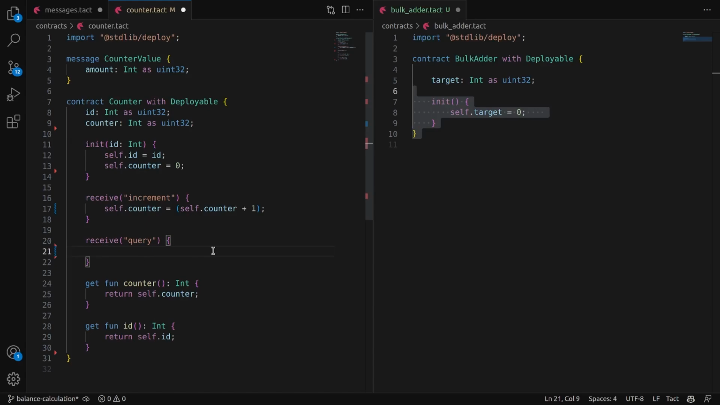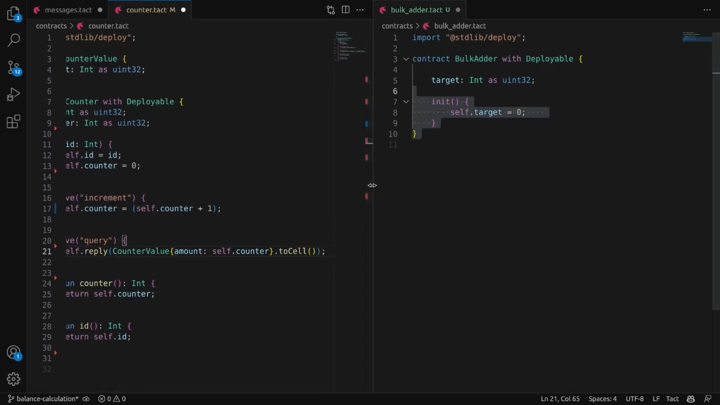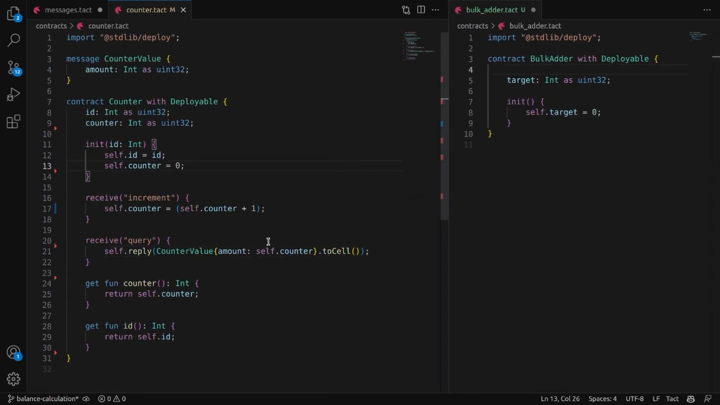To send the message back to the sender, the default method self.reply is used, and the body of the message is passed inside. We form it in the following way. We write the type counter value, then the amount field, and as a value we use self.counter. We convert all of this into a cell. Okay, our contract is ready to receive messages from another contract and return to it a message with its own